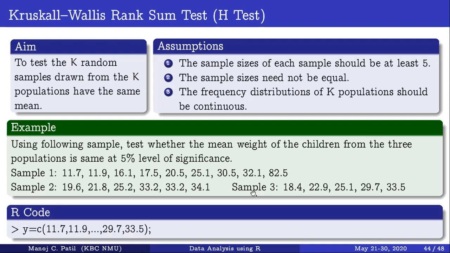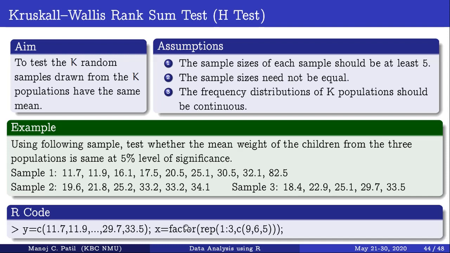Moving forward, put those observations in y, and x as a factor: 1 for 9 times, 2 for 6 times, and 3 for 5 times. So we have the y observations here and the treatment or group or sample in x.